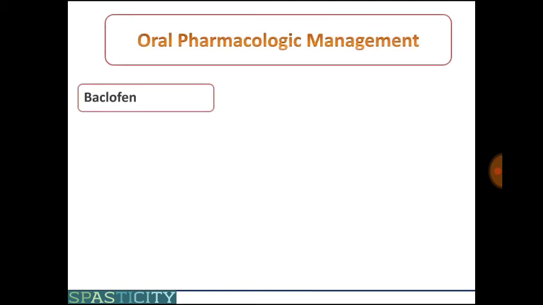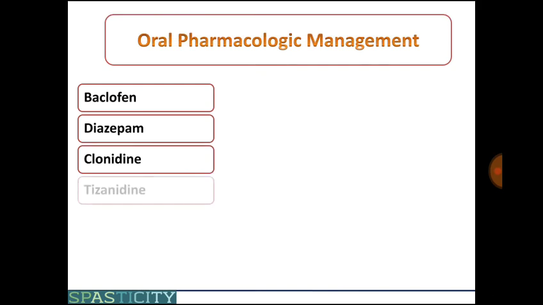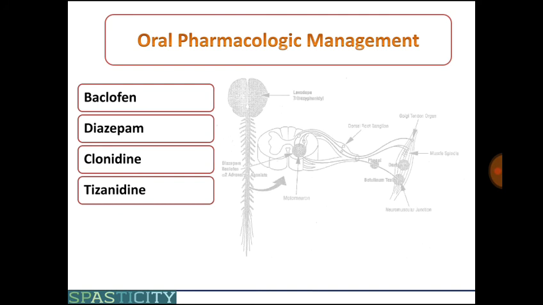In pharmacological management, baclofen is a time-tested and trusted molecule having action at the motor neuron level, which works on both excitatory and inhibitory neurotransmitters, and we are going to discuss this at length in the third module. Baclofen comes under the class of anti-spastic agents, and there are other molecules also present to be used in spasticity management.